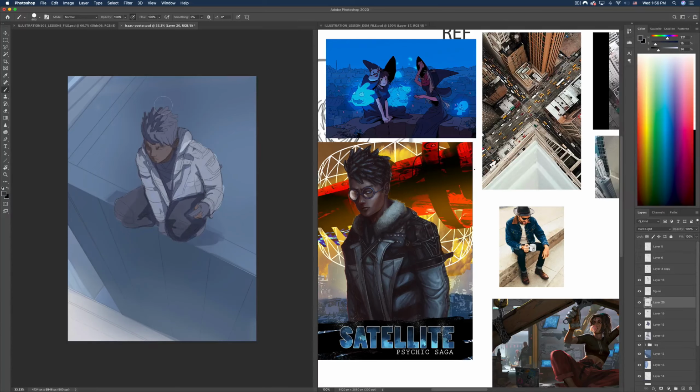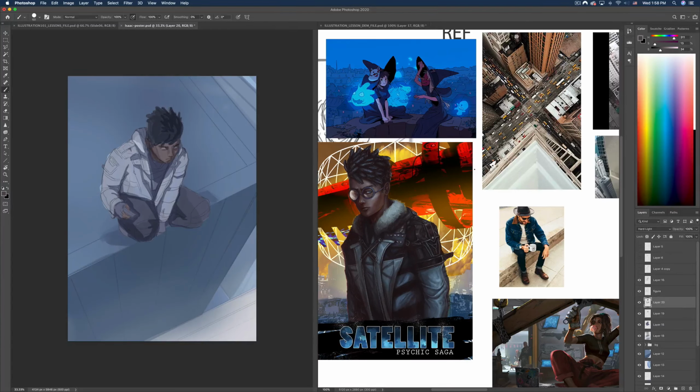And the colors I'm using are very simple. It's a variant on his jacket. It's more of a whitish grayish version of it, and the pants, which you can't see in the illustration that I did prior, are pretty much the same for the character design. Again, I wasn't designing the character on the fly. I've had this character for a number of years, so I can focus on other elements, because character design is